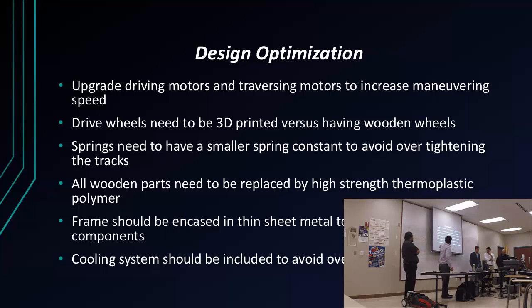And then any wooden parts that we have, like the gun mount and anything like that, they should use high strength thermoplastic polymers, because they're a lot stronger than regular aluminum, and they're a lot lighter to reduce the weight of the robot. And also the frame should be encased in thin sheet metal, and we should have all the electrical components inside. And also we need to include a cooling system. That way we make sure that none of the electrical components overheat, because it is going to get pretty hot, especially if you're using it